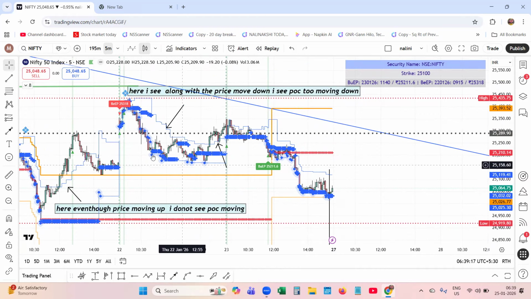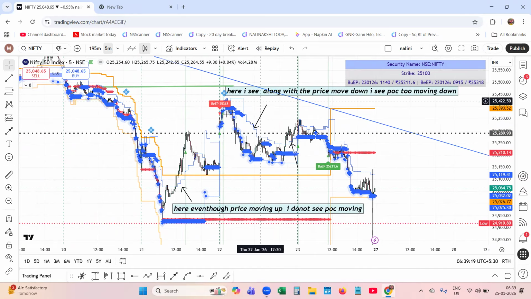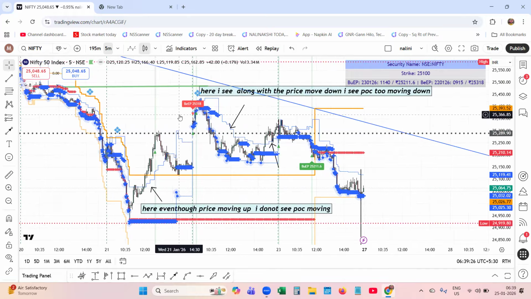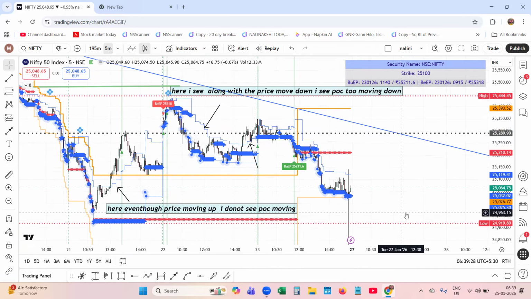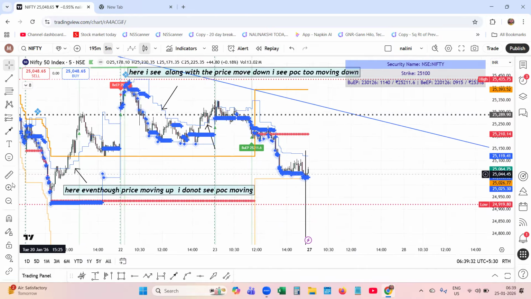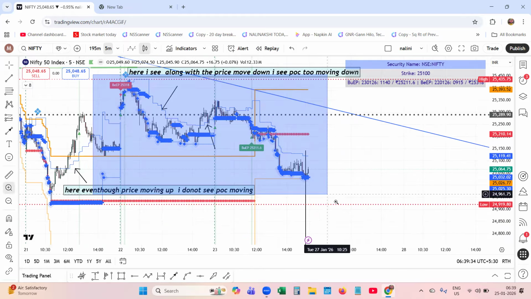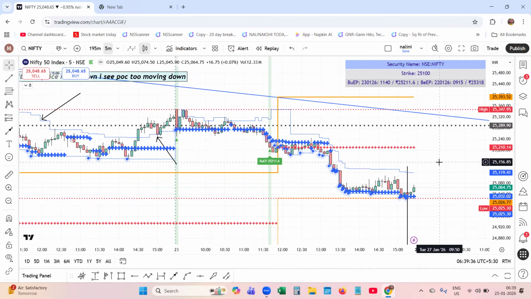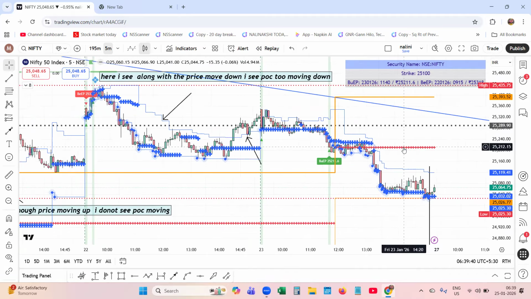What has happened over here is that the big players made a rotational move to sell, to gather orders and liquidity, and they are moving down. So this is how you need to analyze when the market is rotating here. Market is rotating here, and you can understand that. I will come with more examples like this.